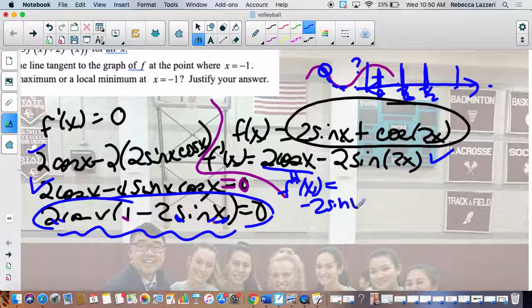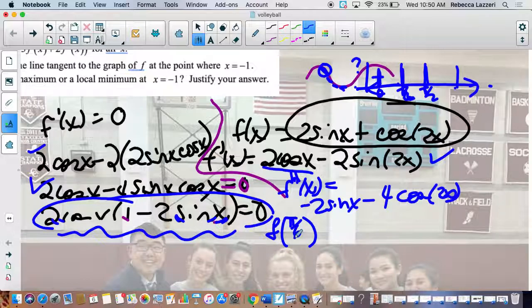-2 sine x. This one's going to be -2 cosine 2x times another 2. I believe that's it right there. Does that look right to everybody? Yes. All right, so now the second derivative test is I would start feeding in my critical numbers like pi over 6, pi over 2,